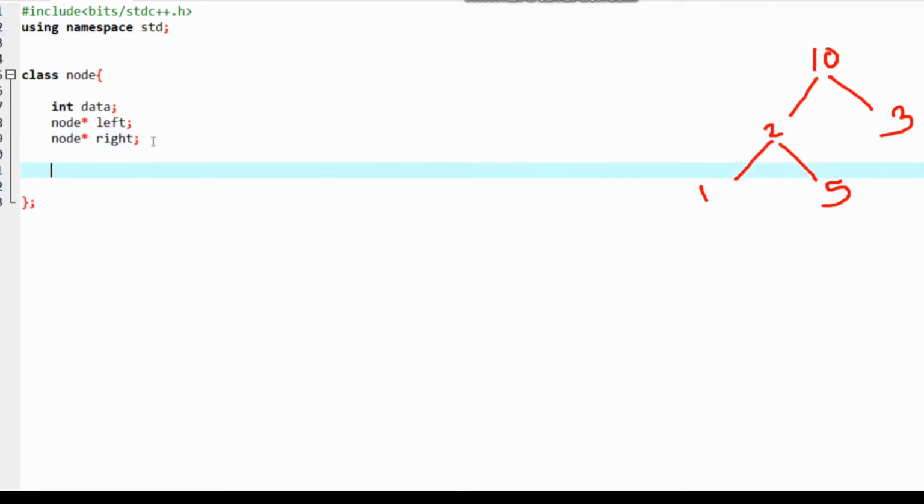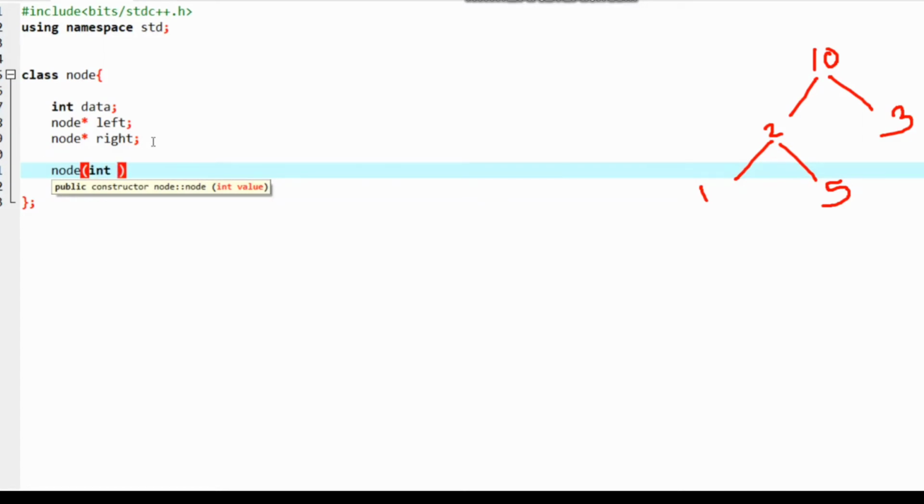Next, I'm going to create a constructor. As the object of this class node is created, the constructor gets invoked automatically, and a single node having the value I pass into the constructor is created.